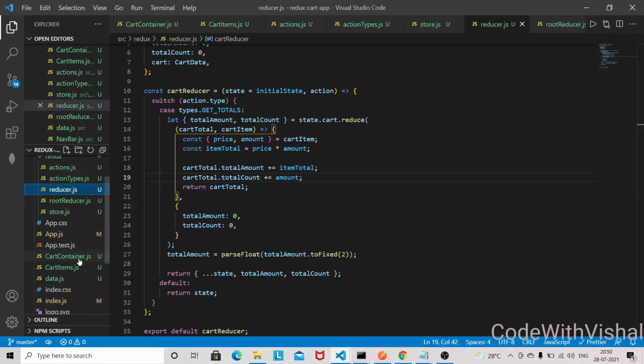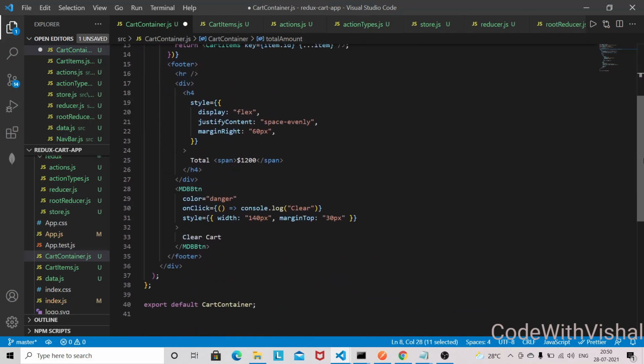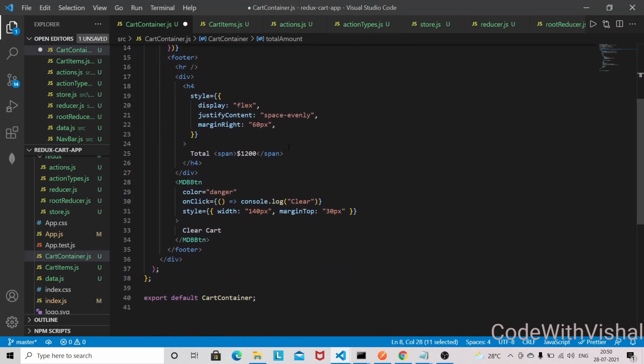So let's go into the cart container, and we have already used this use selector, so we can bring that total amount. Okay, and instead of that static value, I am just going to remove this one, and I'm going to paste this total amount.